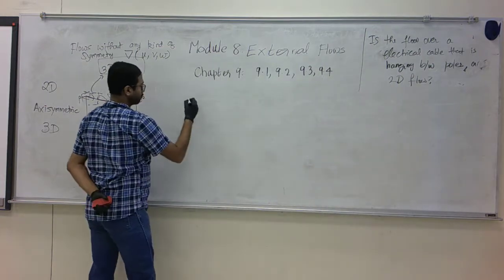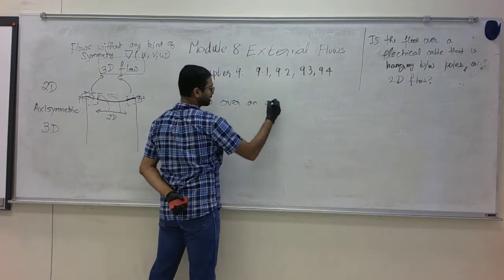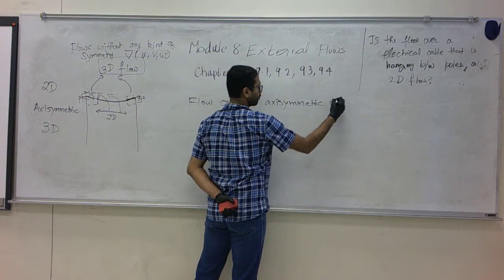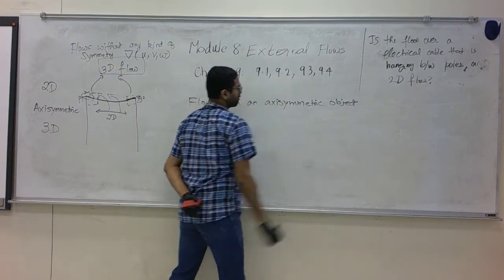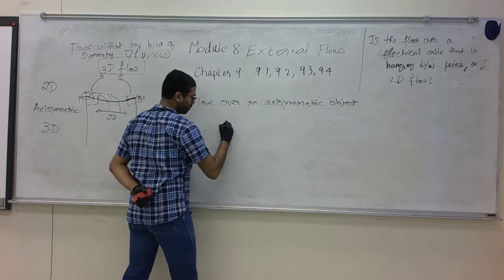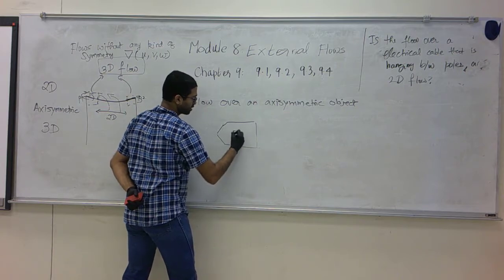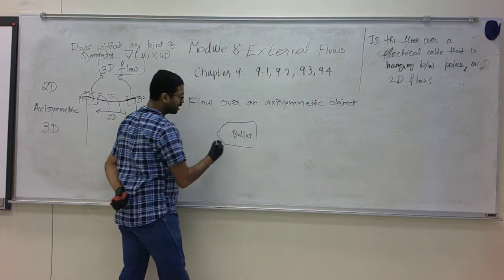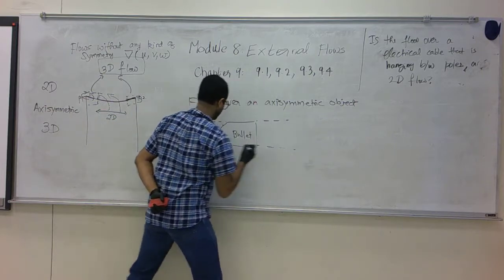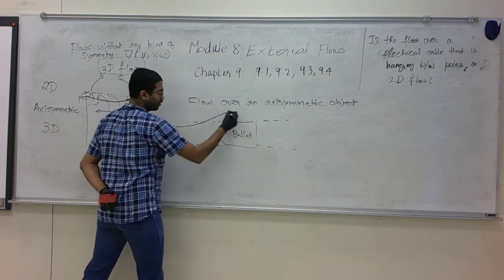If I take a flow over an axisymmetric object, which in the book, the example given is like a bullet. If I have a bullet and I have a flow over a bullet,